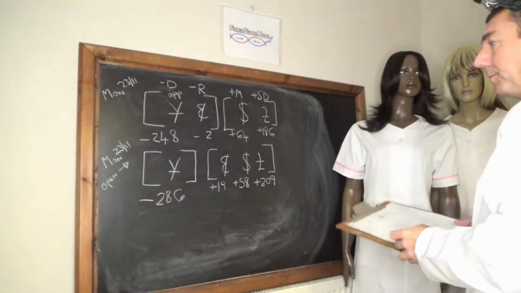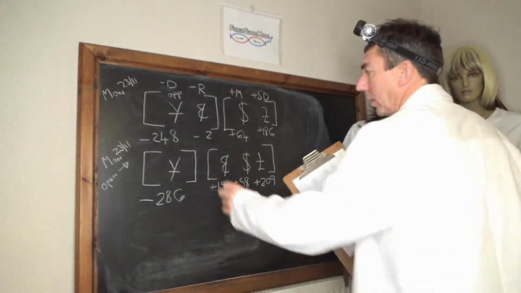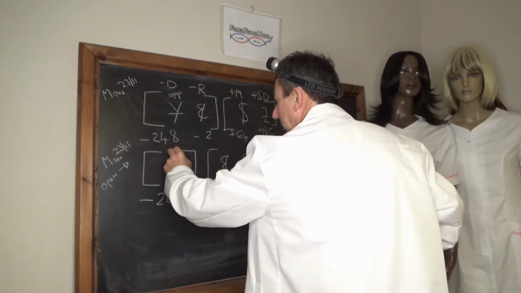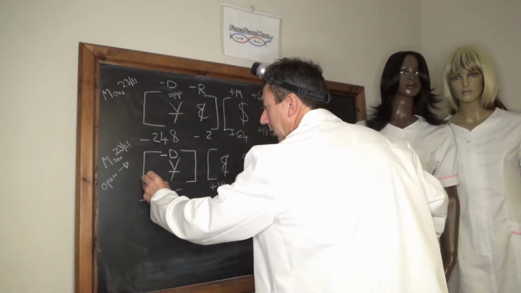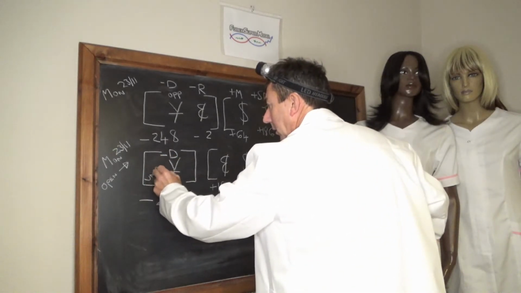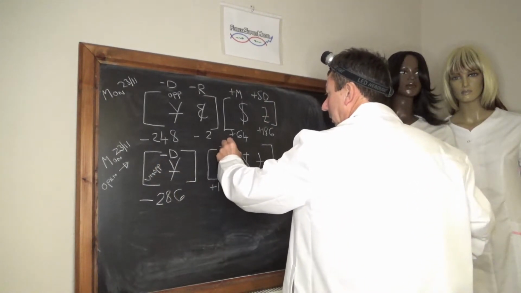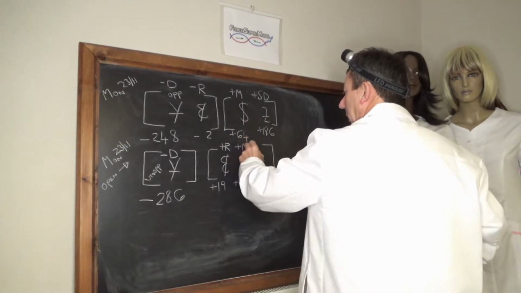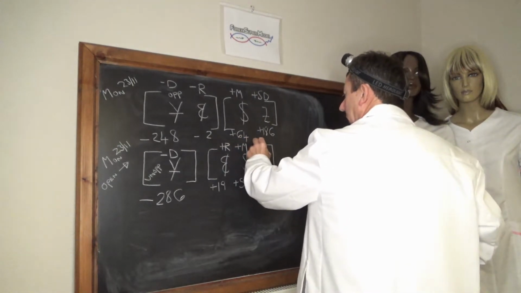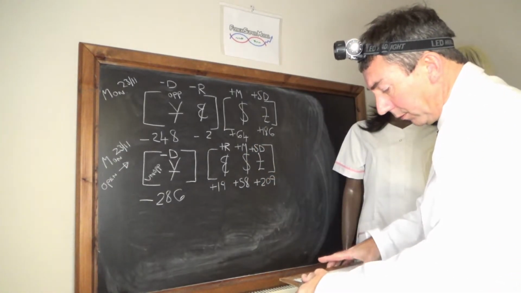Now you can see that the yen is the unopposed negative driver. So we've got yen and that's unopposed. And we've got a positive rock in the euro, a positive mover in the dollar, and a positive secondary driver in the pound. So just to polish off what's happened so far today,